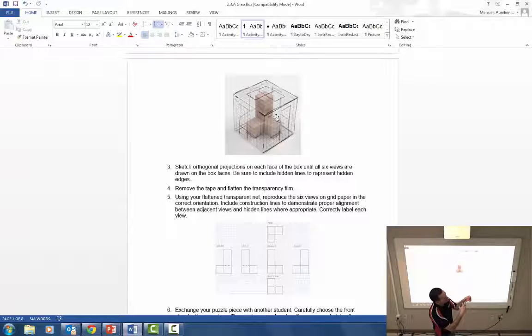Right, so on the back here, I would outline the object. I don't have to show each individual cube or the circles within that cube. If there's anything that can't be seen from that view, make sure that you include the hidden lines on your drawing here. Once I've identified and drawn each of the 6 views, you're going to take the cube net apart,